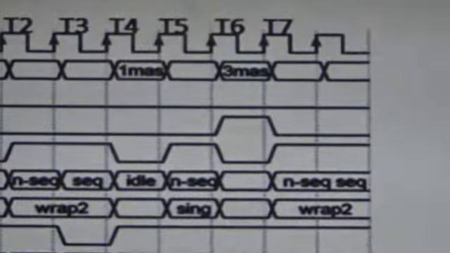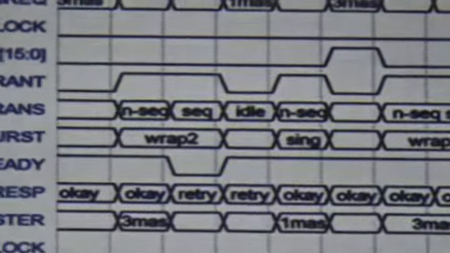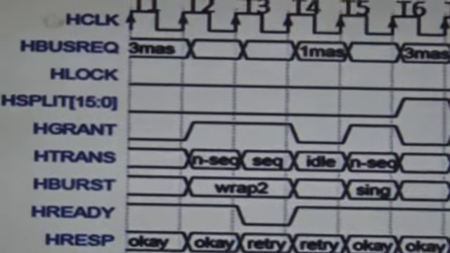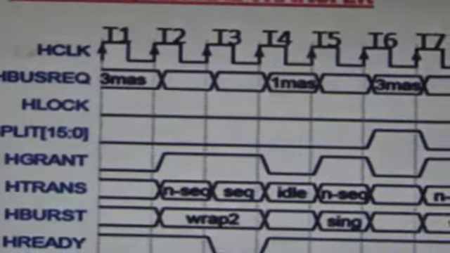At T6 clock cycle, the HREADYX signal has become high, and the bus has become empty since HGRANT is low. At T7 clock cycle, the bus has been given to the third master, for which the retry response took place. One thing here is that it is a sequential transfer, which you can know from HTRANS, since every sequential transfer begins with a non-sequential transfer.